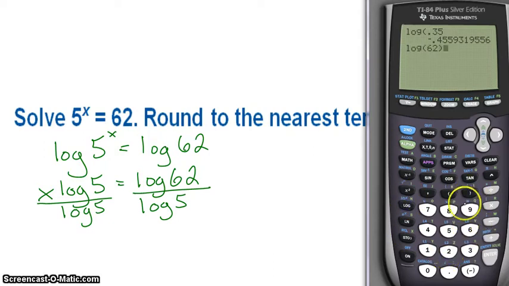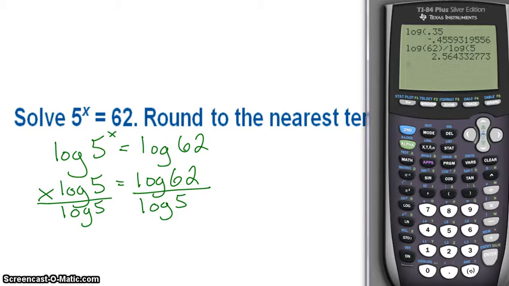Be sure I close my parenthesis. It's going to be very important when we're doing calculations with these, so that way you only take the log of 62 and not 62 divided by other things. I don't really have to close the parenthesis at the end here, just because that is the end of my phrase. So I get